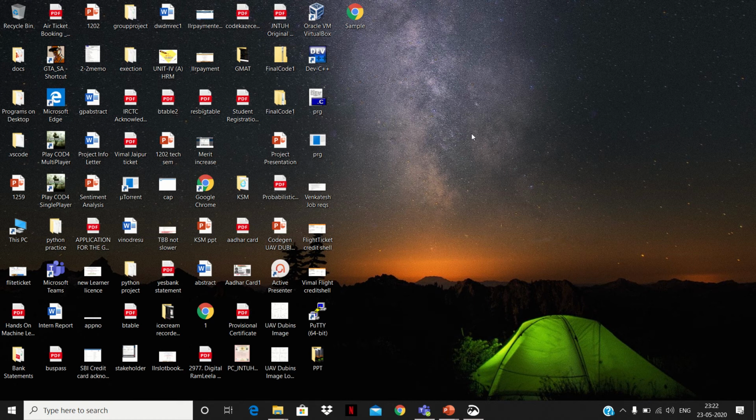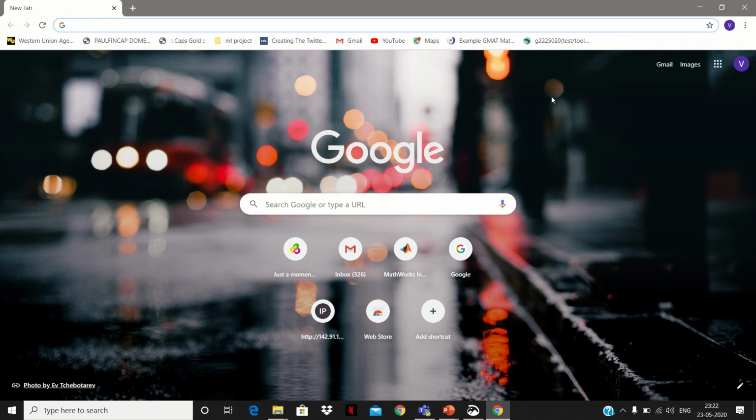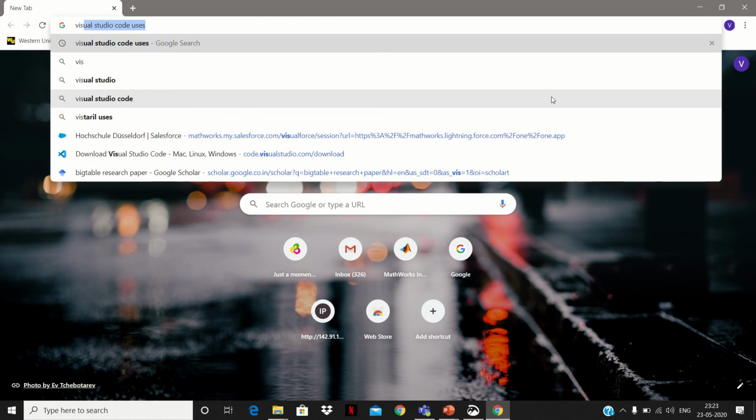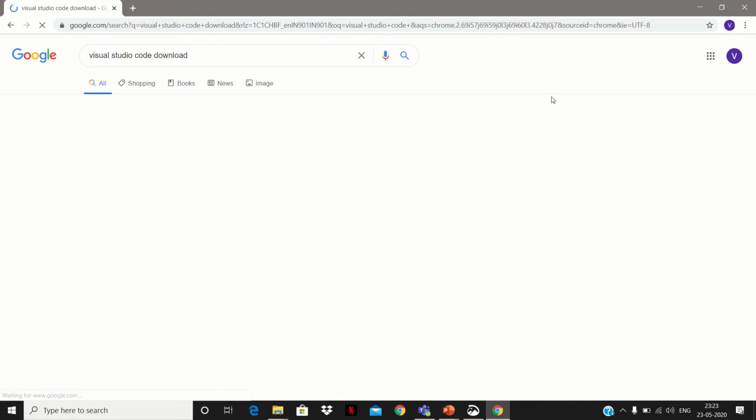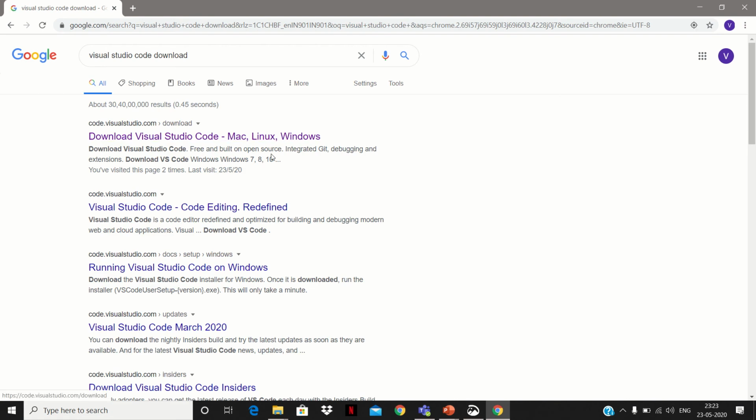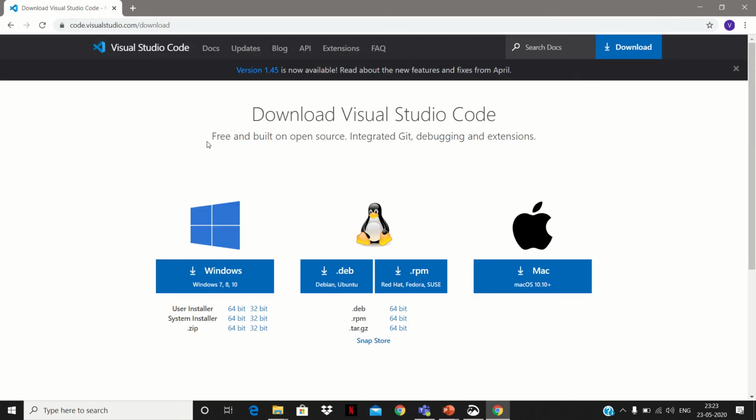So let's get started on how to install Visual Studio Code. First go to your internet browser and type Visual Studio Code download. You'll be shown the first link, so you can directly click on the first link and you'll be directed